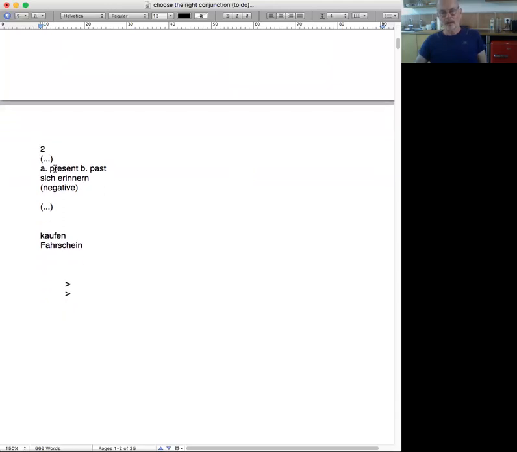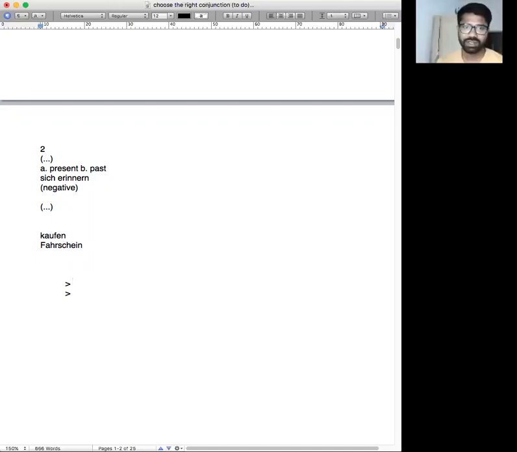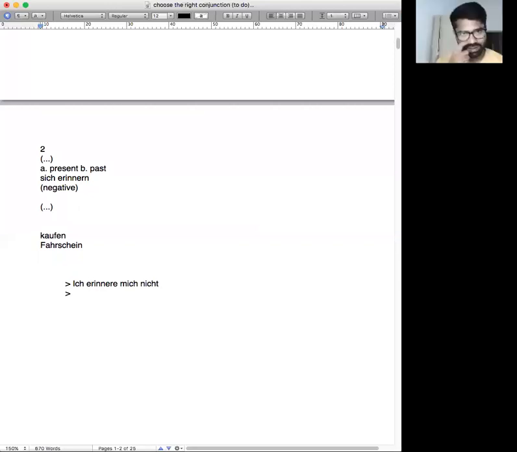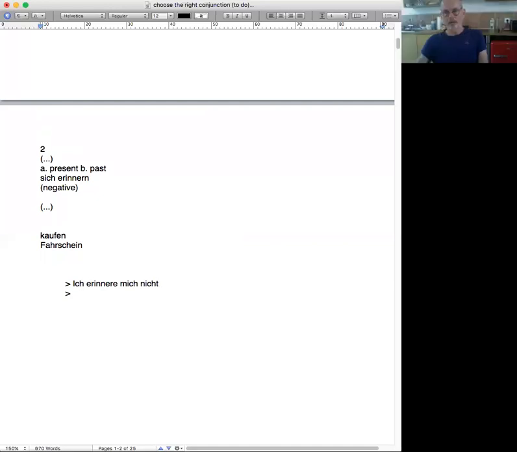So we want to make a present tense sentence with sich erinnern. We want to make it a negative and kaufen Fahrschein. What do you suppose is a sentence? Ich erinnere mich. Now you got to use this.